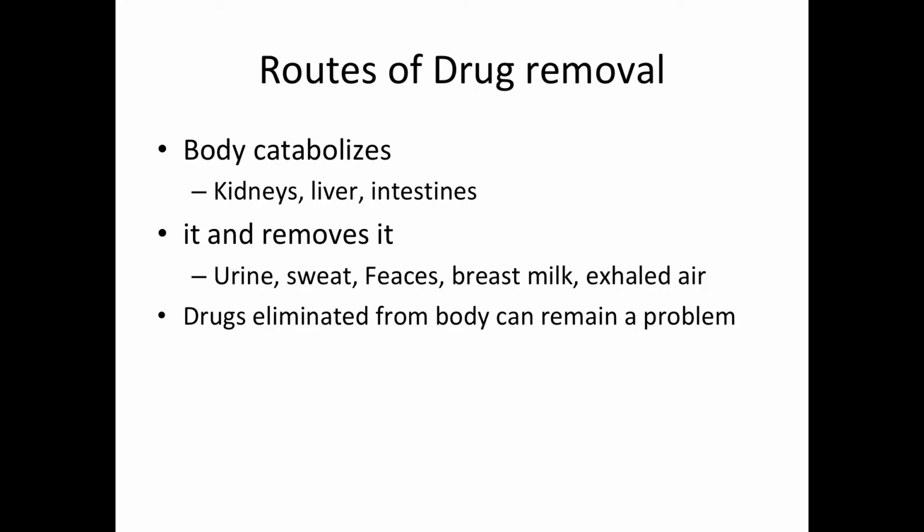Okay, so after a drug has been administered, the body will soon begin to catabolize and try to remove the drug from our body as soon as it can. Diluted drugs are sequestered in many regions throughout the body, including our fat cells. So they are catabolized throughout the body and then broken down in the kidneys, in the liver, and also in our intestines by bile. Then the drugs will eventually be excreted in urine, feces, sweat, breast milk, and exhaled air.